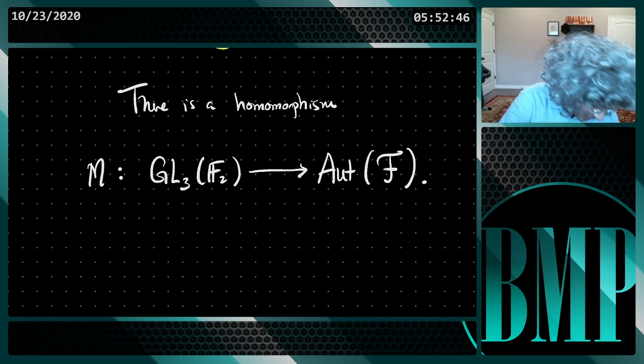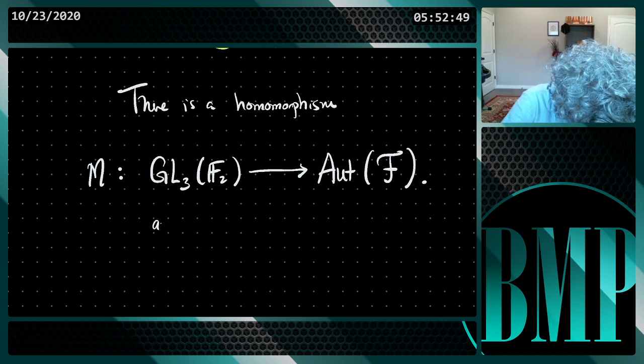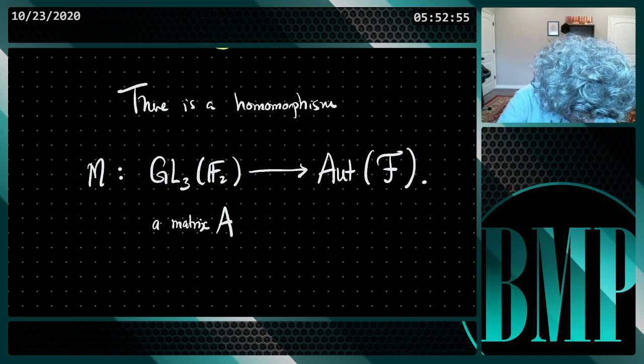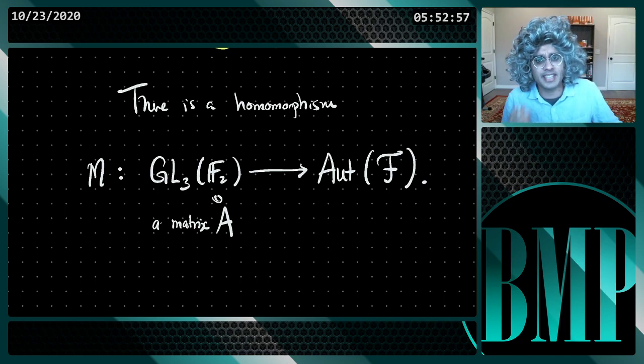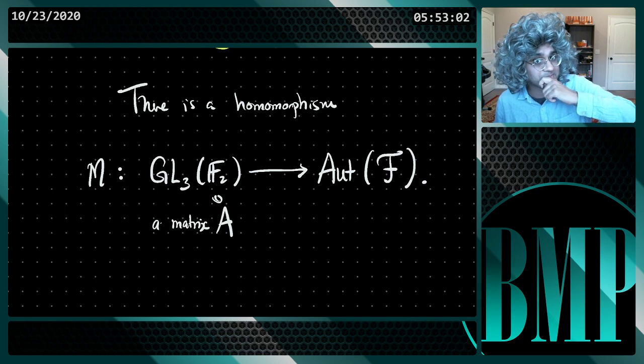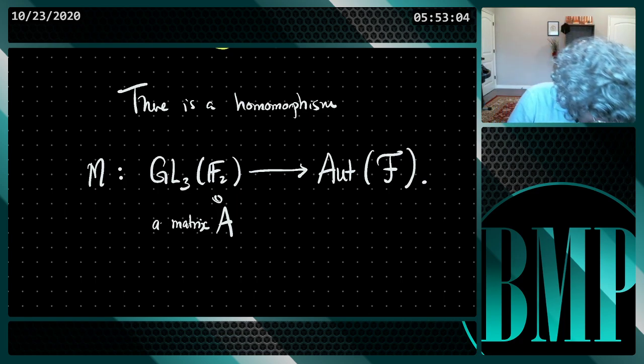Sloth, you send a matrix. Oh crap. Matrix A. Matrix A, 3 by 3, bunch of ones and zeros, invertible. Matrix A gets sent